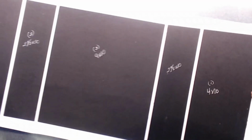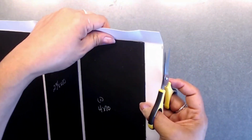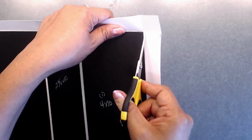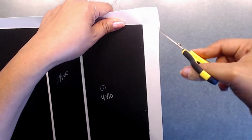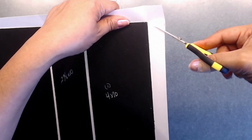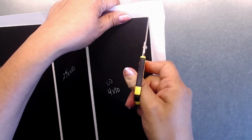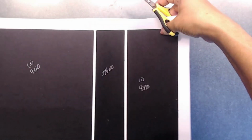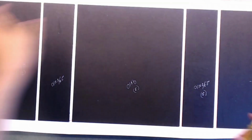Okay, so again, here is that X. Let's see if I can. So here's that X area right here. So you have this little square right here in your corner. You're going to come in and bevel that in just a bit right to the middle of that X, or I call it an X, but that square. Okay, and I'm going to lift this up just like this so you guys can see me cut that just like that. Okay,